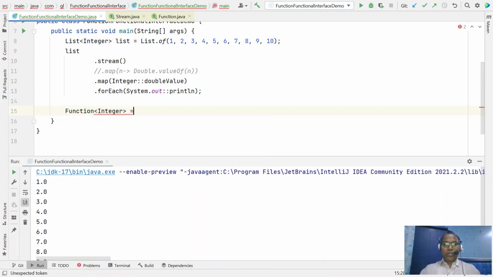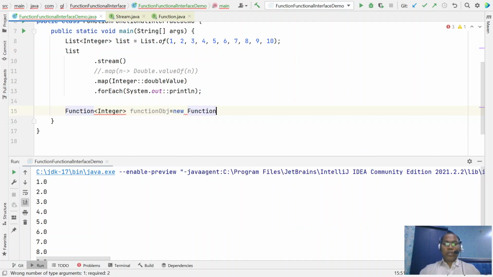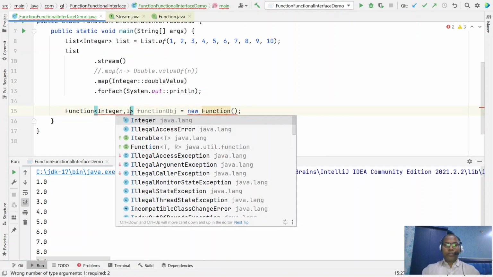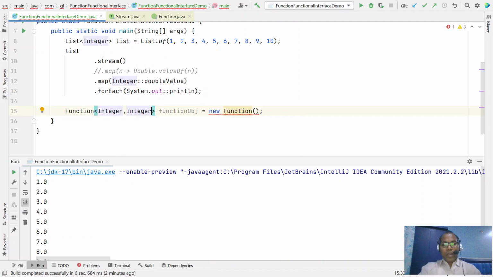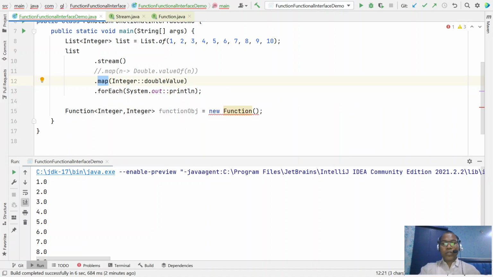Function object equal to new. If any method expects a Function object, you can create the object of Function and pass it.